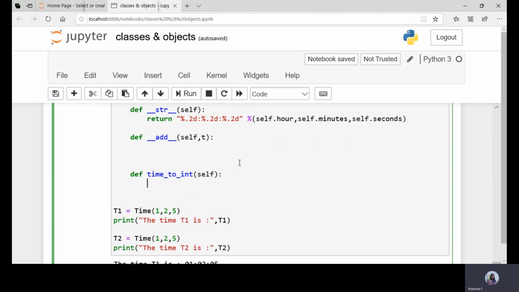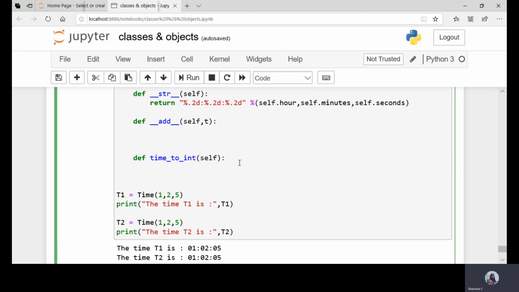Now this function, we are converting the time to seconds. So we'll take seconds equals to, self dot hour multiplied with 60, then again with 60, plus once again self dot minutes, that is multiplied with 60, plus self dot seconds, just add it.